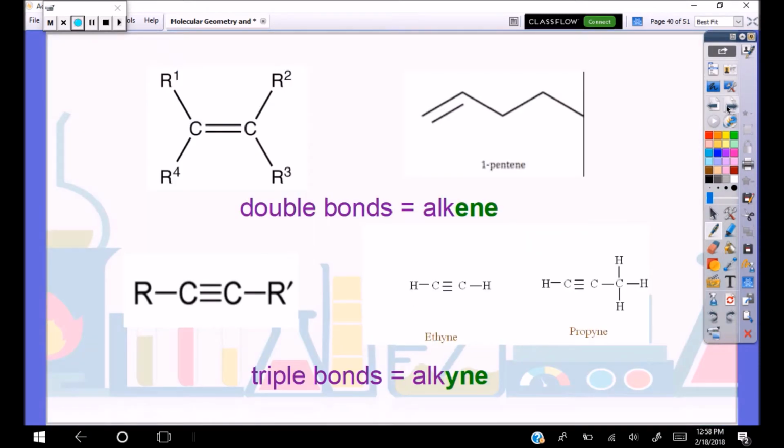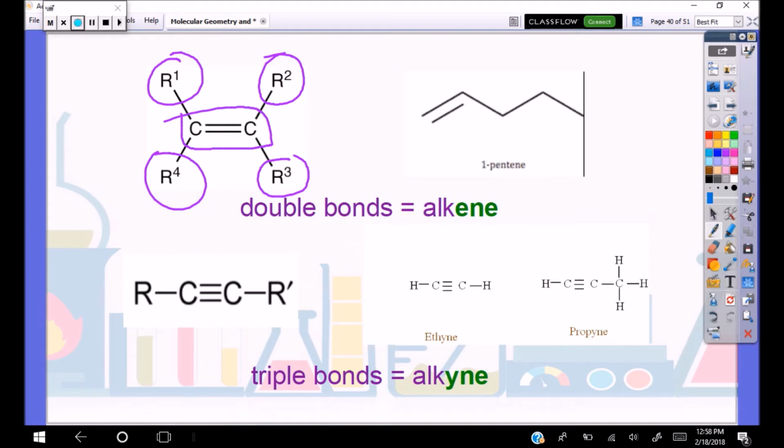You guessed it, an alkene is something with a double bond. If you've got a carbon-carbon double bond, it is an alkene. Here, for example, we've got our R groups listed. R could mean a variety of different functional groups. We don't know what they are, but the thing that makes this an alkene is this feature here, your